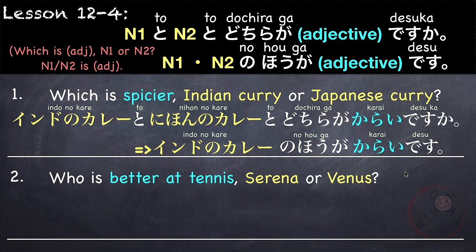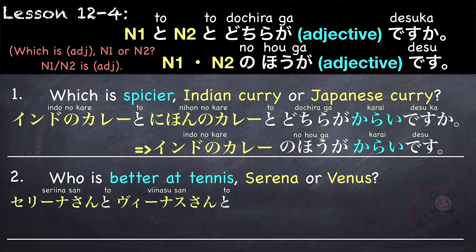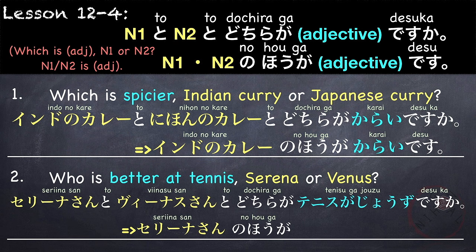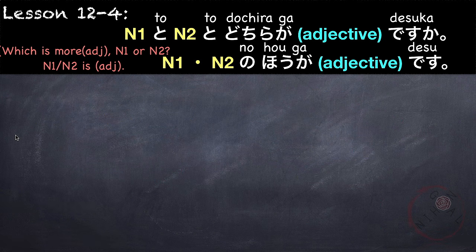Another example. Who is better at tennis, Serena or Venus? So our N1 is Serena, セリナさんと Venus さんとどちらが better at tennis? テニスが上手. So テニスが上手 is be good at tennis. But here it becomes better at tennis because we are comparing two people. So again, セリナさんとヴィーナスさんとどちらがテニスが上手ですか? If you want to say Serena is better at tennis, セリナさんの方がテニスが上手です。